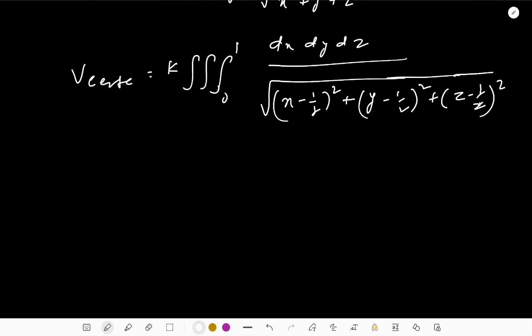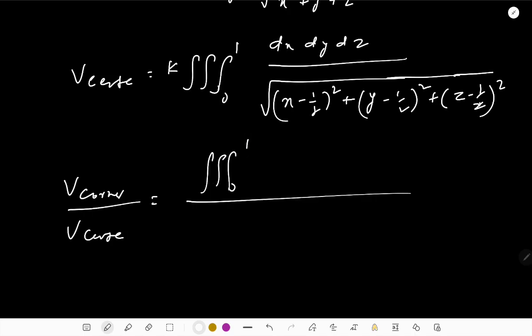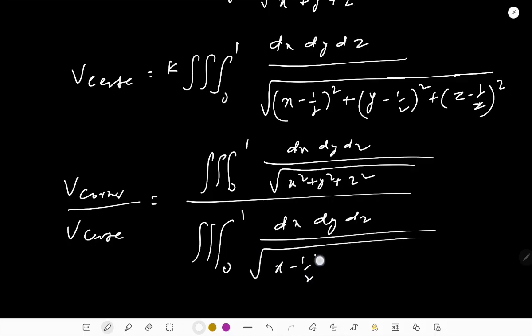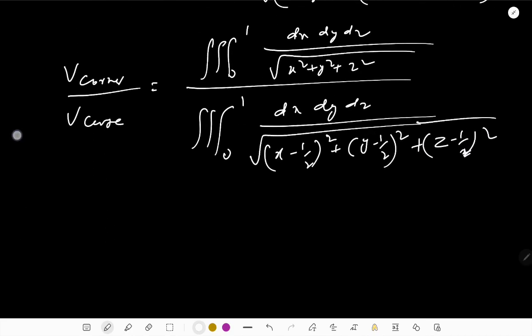V corner by V center I can write as simply dx dy dz by under root x square plus y square plus z square, and k is gone now, and again dx dy dz divided by under root x minus half square plus y minus half square plus z minus half square. Yeah, this is the ratio,